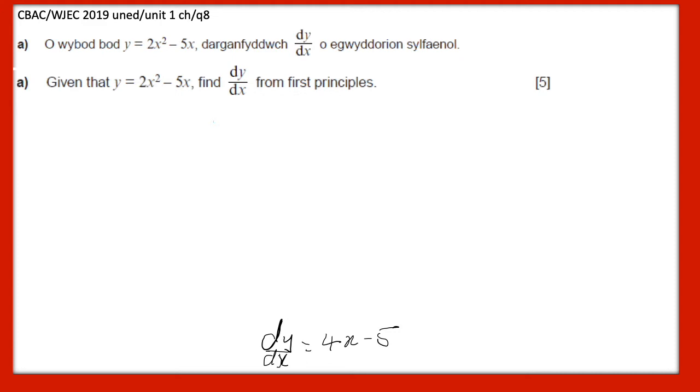It all comes down to that fundamental idea that if you want to know the gradient of a curve at one particular point, then you have to choose 2 points on the curve and join them together with a straight line. And the gradient of that straight line is dependent on those positions. So we have, and we know that the gradient is,